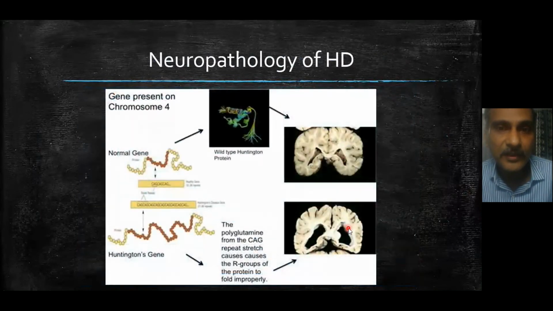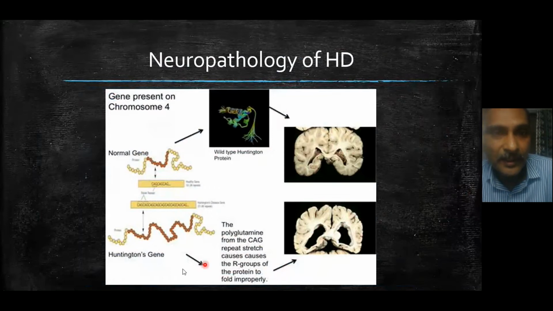And this is what a postmortem brain looks like. If you see, this is a normal brain, postmortem brain, and this is a brain from an HD patient. You can see there is a large area here which is totally damaged, where the neuronal